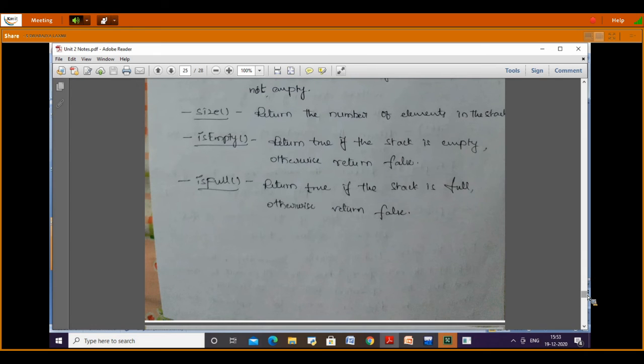Any other things like prefix and postfix expressions, evaluating expressions, good.